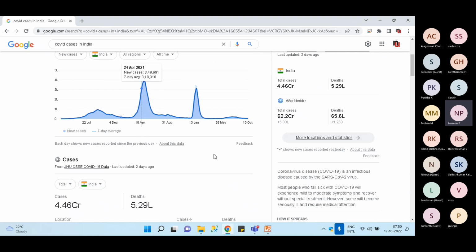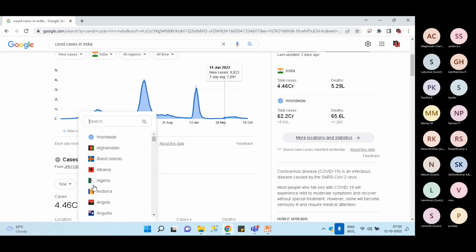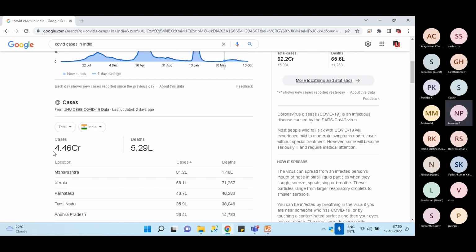In which, if you can easily understand, in April there were too many cases, and in Jan 2022 there were too many cases, and this one is May 2021. Now it is stable. So the pictorial representation makes it easy to understand the data, right? Here they are showing data like the total cases and the total deaths. This is a card representation, an overall card representation,